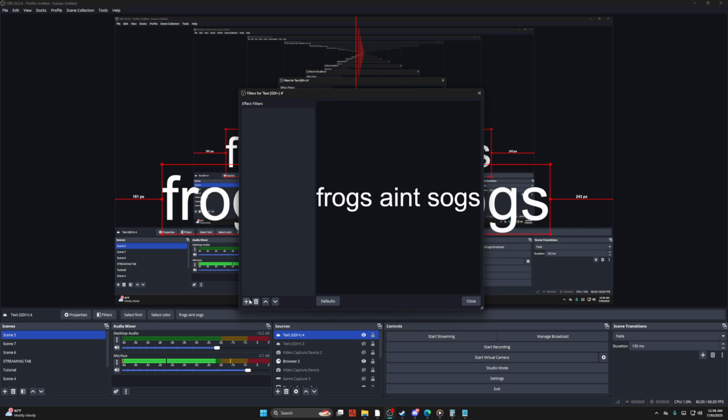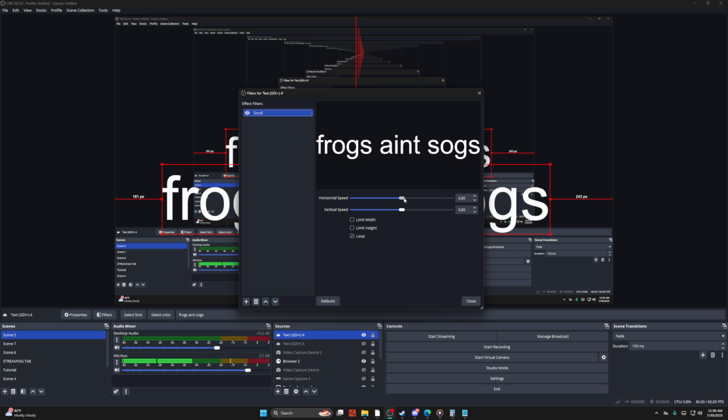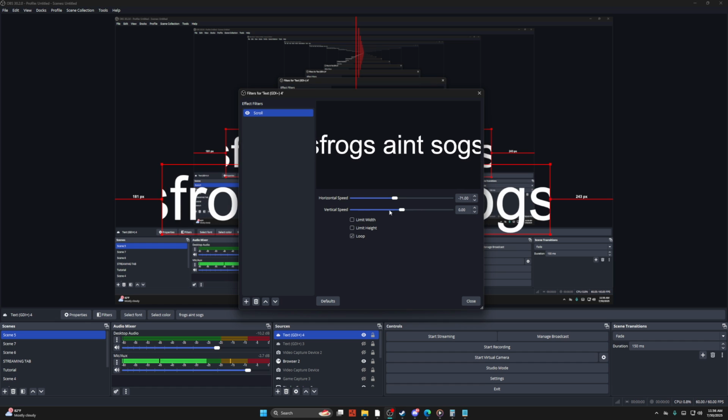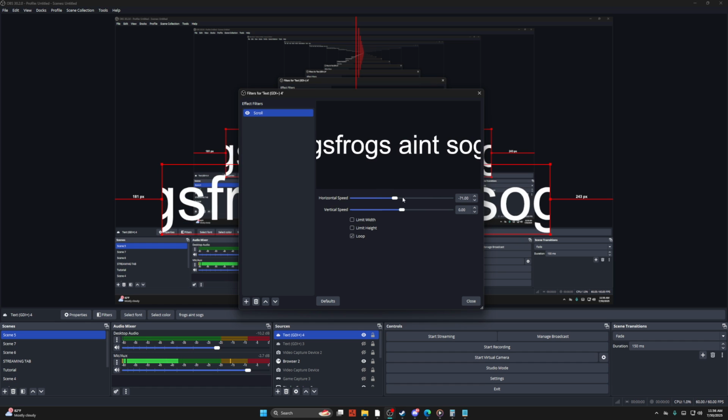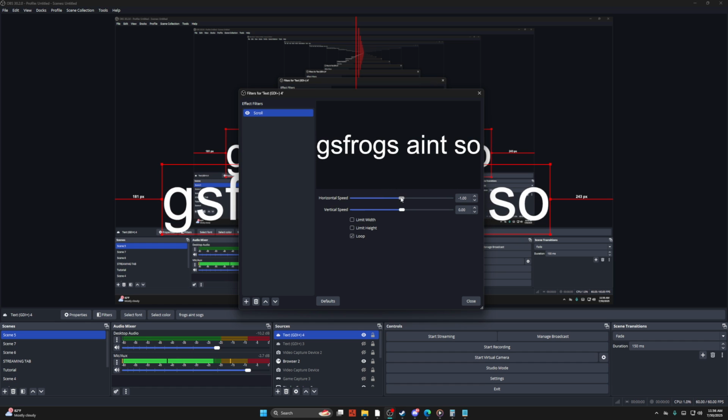Let's say I want to add an effect to this. I just right click it, go to filters, and then as you see, effect filters, and then I could add a whole bunch of different effects. And then, like I said, if I wanted to add a scroll to it, that is something that I could then do like so. And then there's a bunch of other different effects and stuff that I could choose from